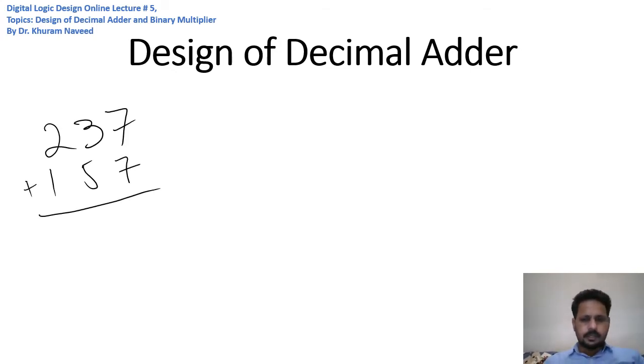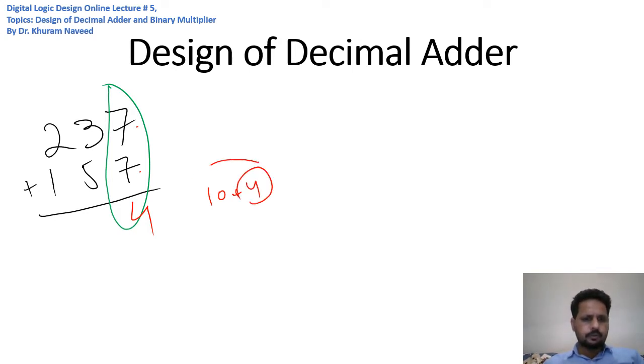So, when we perform this decimal addition on paper, we first add the decimal digits in the units location, and as a result of this addition, we will write 4 here, because 7 plus 7 is 14, so we break down this 14 into two parts, where this 4 goes to this location and this 10 goes